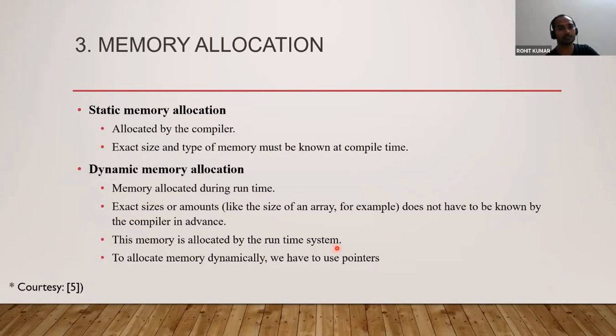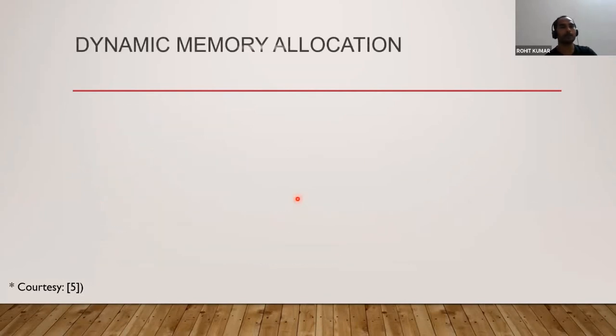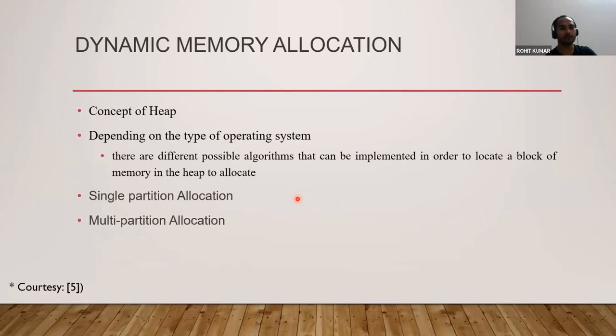Now this memory allocation is done at runtime, and to do it we need to use the concept of pointers, because ultimately you need to jump from one memory location to another. When we discussed the concept of a process, we discussed the concept of heap. Heap is the data structure used for dynamic memory allocation, like when you use malloc. The malloc function is there in C to provide you heap space. No matter how much space you need, it is fetched from the heap with the help of those functions.